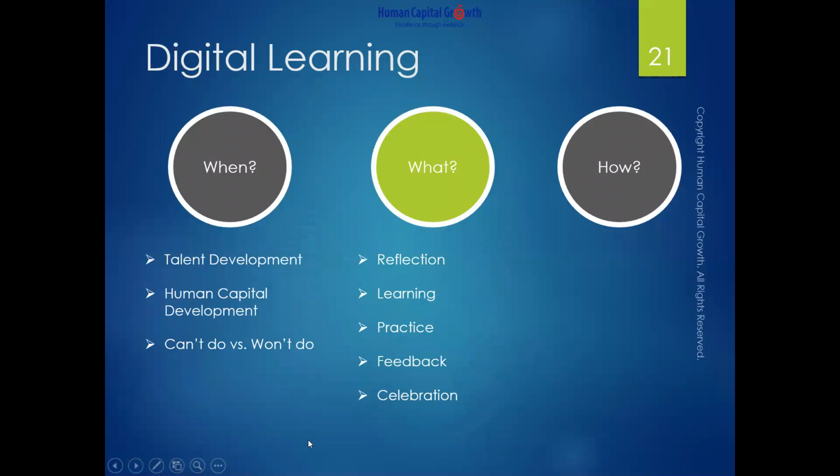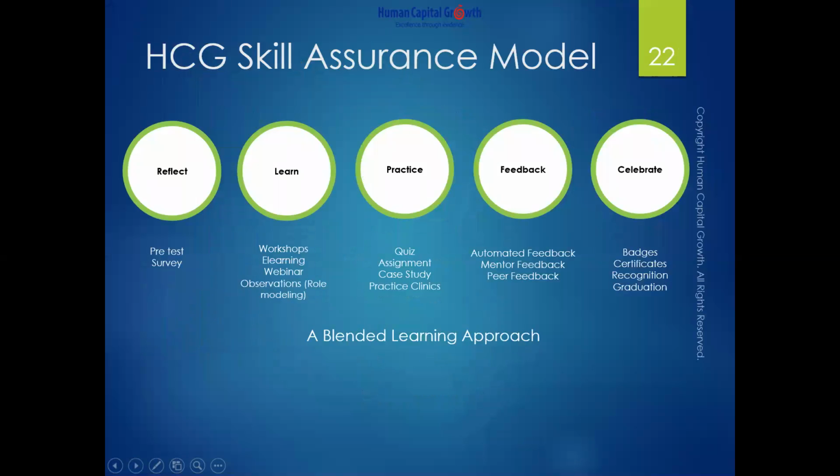So next I want to talk about what you digitize when you think about digitizing your learning efforts. And there's a lot of content here. So we use this skill assurance model as a framework to think about what are all the elements that should be activated in order to drive learning. In our case, particularly when we do more organization-wide learning programs,